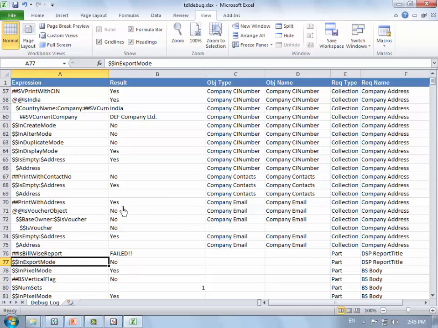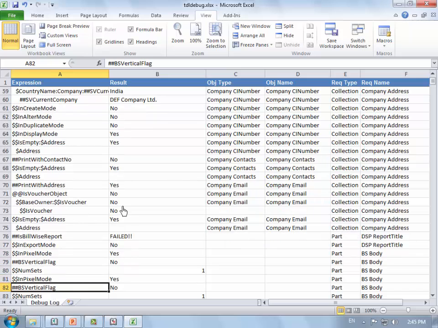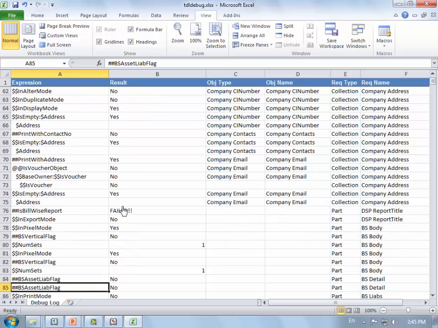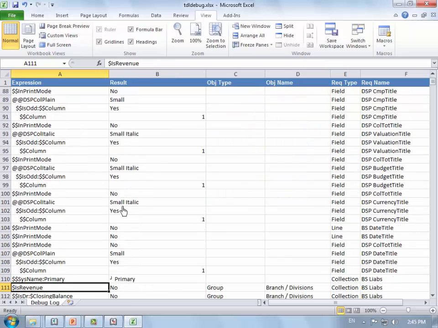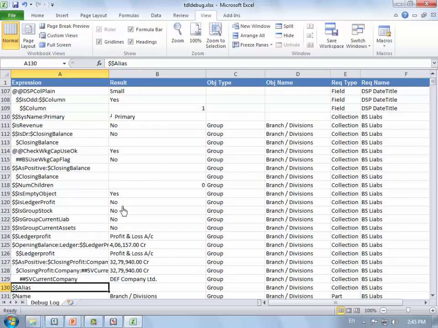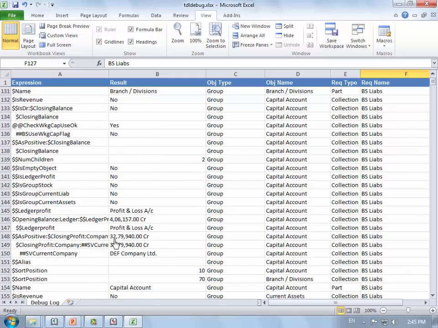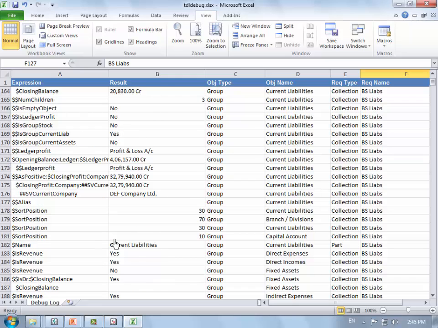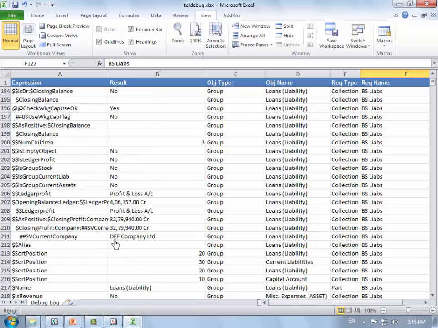You know when you don't get the resulting output, what exactly is failing there. Numsets 1, numsets 1, where it is explored. The object type is group, the object name, the collection is BS Lab. At every level, what is evaluating and how it is evaluating is given in detail.